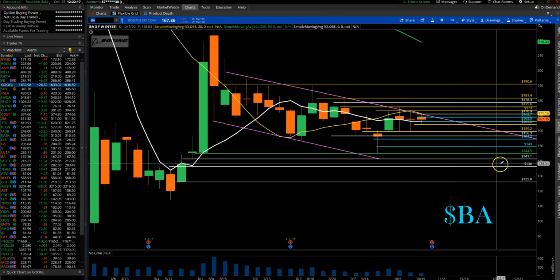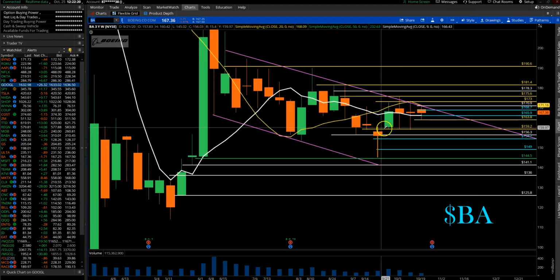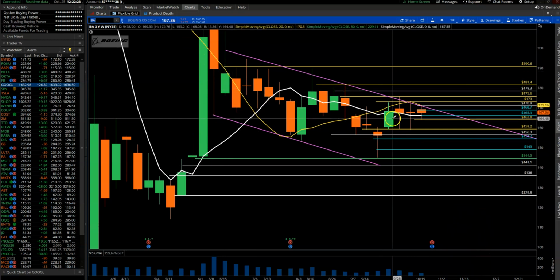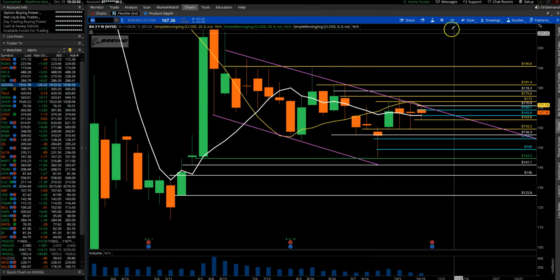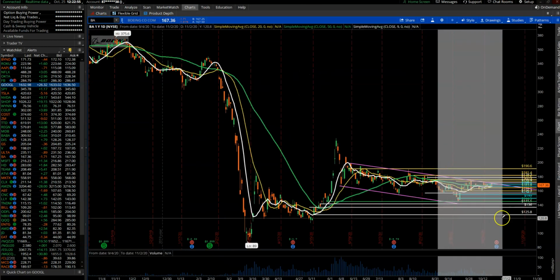Here is the Boeing weekly chart. It's been sort of sideways for the past few weeks now. As you can see, we have not really gone anywhere from like 173 or 170 and then 159. So maybe a $10–15 range this name has been trading in. With earnings coming up, this can be a catalyst for this one to break out or break down one way or the other. So if we move into the daily time frame for this name,